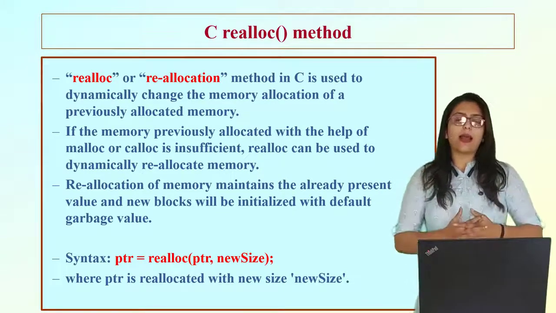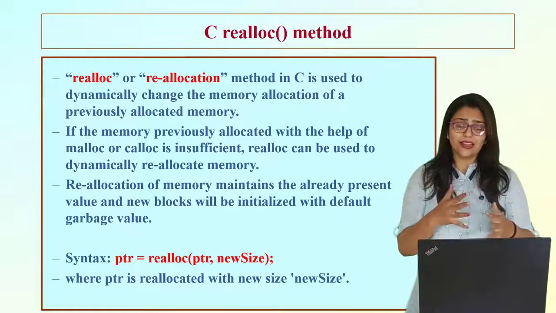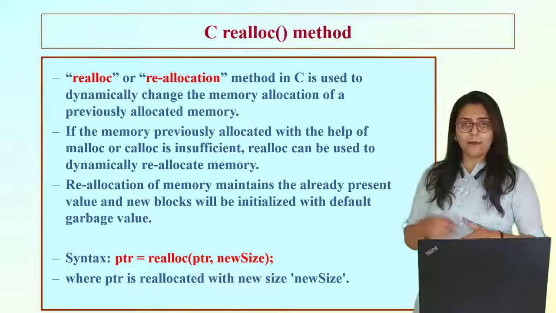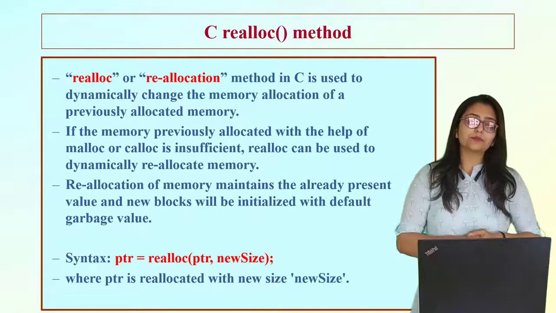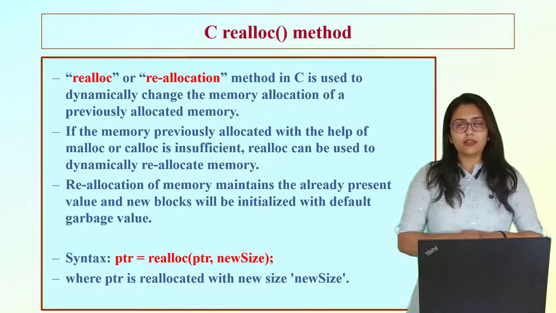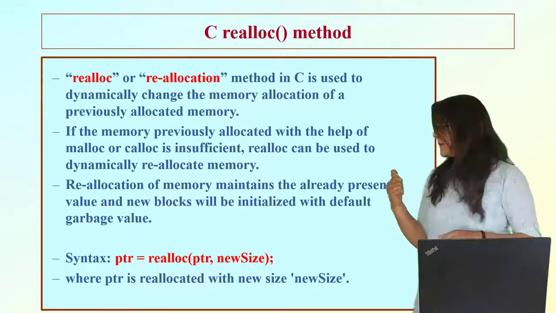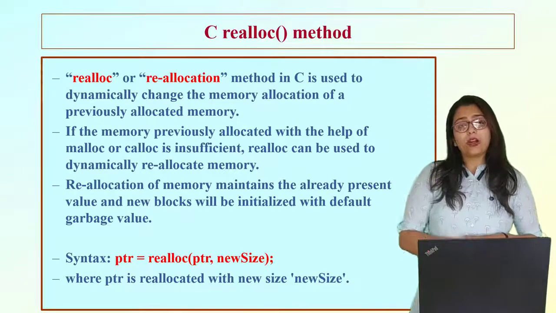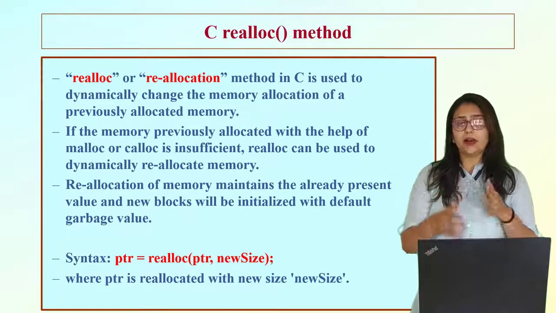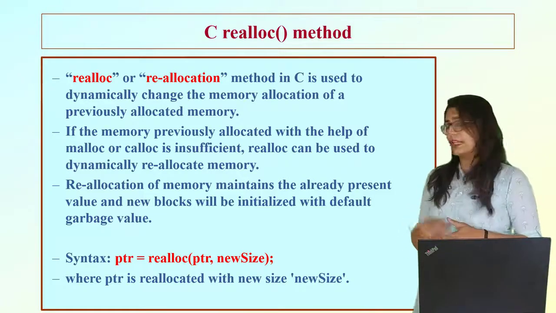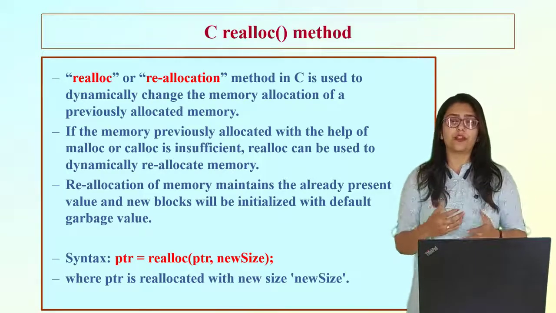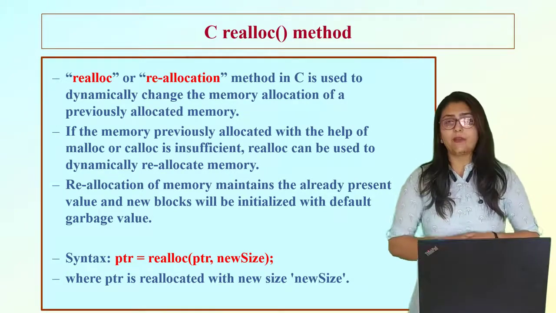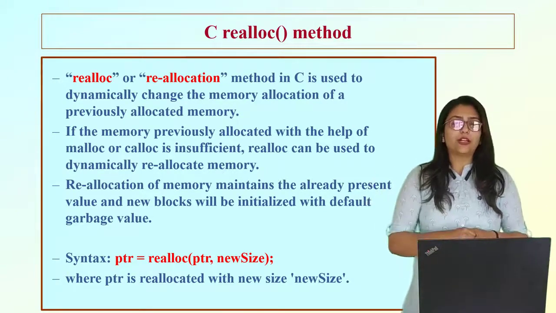So this is all about the methods which are being used in this 9th chapter. 9th chapter is really a very small, shorter chapter, and these are the main topics which are covered in it. Weightage of the 9th chapter is 9%, but basically this is the single question that can be asked in your exam. Malloc and calloc are really very useful in terms of data structures. So in your third semester, whenever you are going to study the subject data structures, especially the linked list and all those things, at that time you have to dynamically allocate the memory and you are going to use malloc.